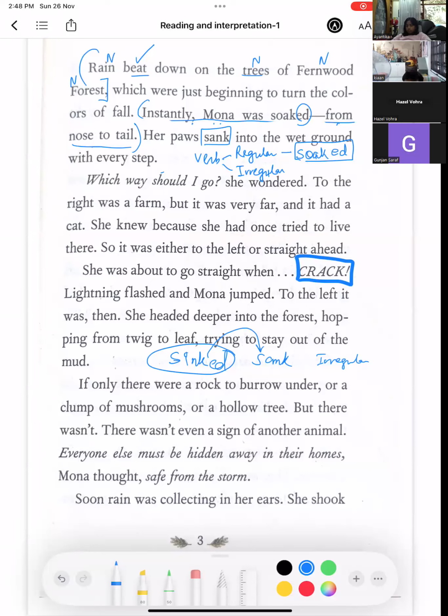Onomatopoeia. Okay? Excuse me, ma'am. Yes. Can I try to say it? Yes, please go ahead. Onomatopoeia. Okay? Riyansh, will you say it? Onomatopoeia. If I write it in bold here,